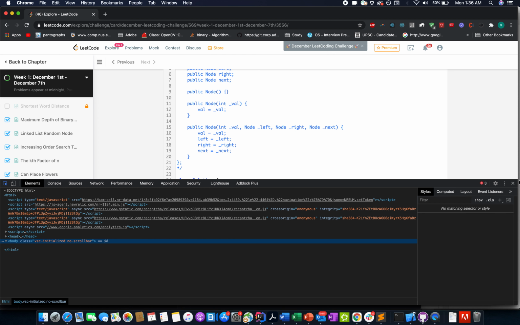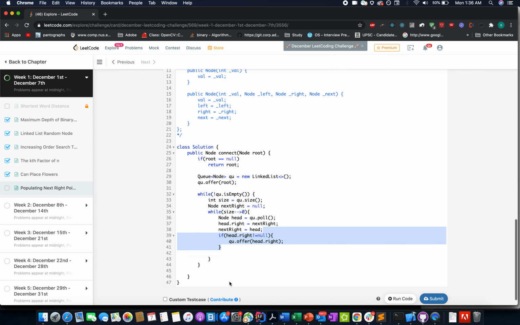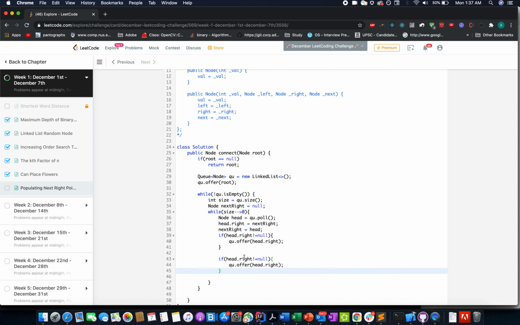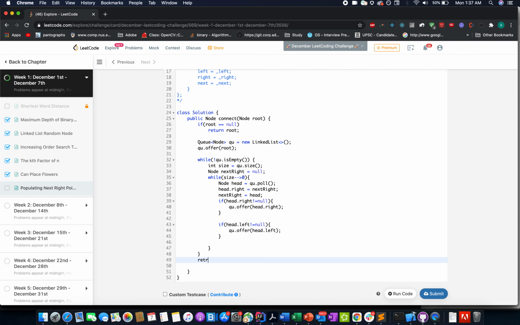Similarly for the left child, and I hope we are good here. Return root. Let me just try this out.